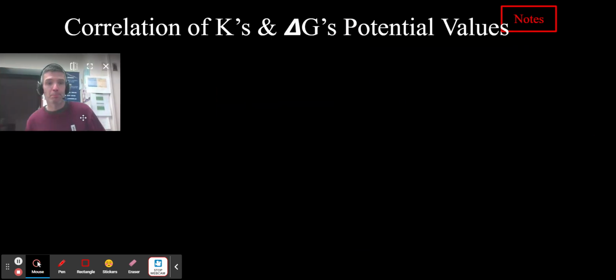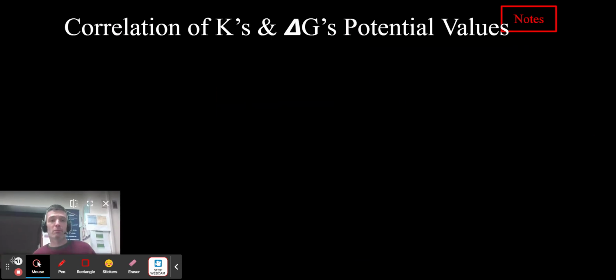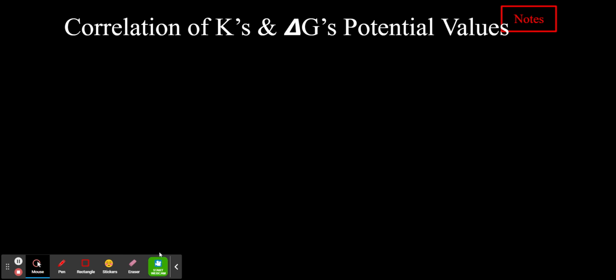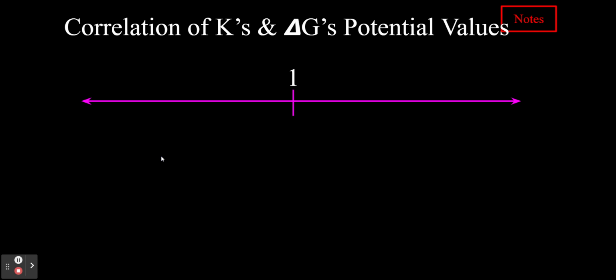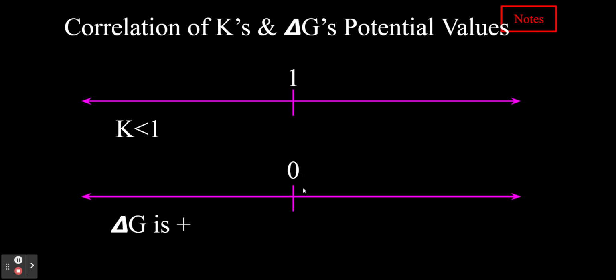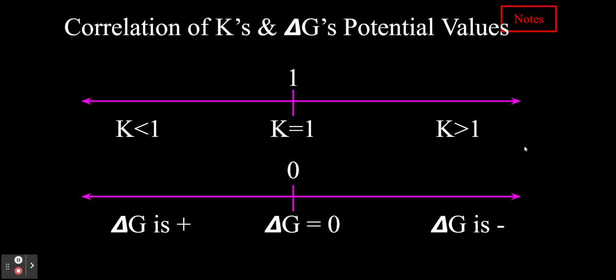All right, now, there's the correlation, and I feel like I might have spelt that wrong, between these two values. I want you to have this number line down. I think it is helpful. This is for K, this number line here, and as K is less than 1, what is my delta G going to be? Well, my delta G is going to be positive. My K is greater than 1, my delta G is going to be negative. All right. And I like this because it's a nice visual representation of how the numbers match up for these two different